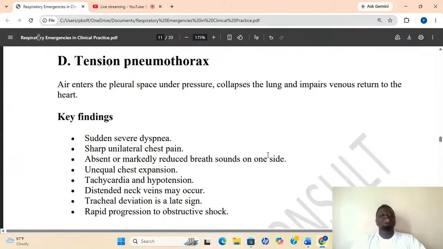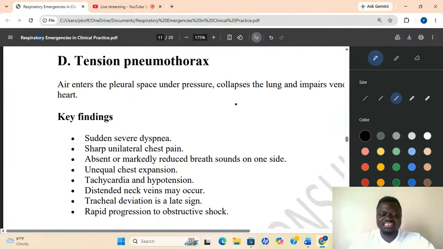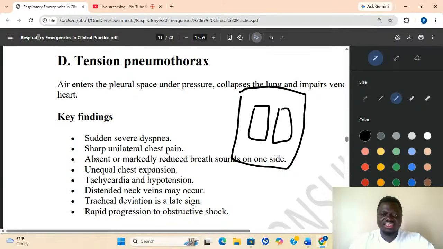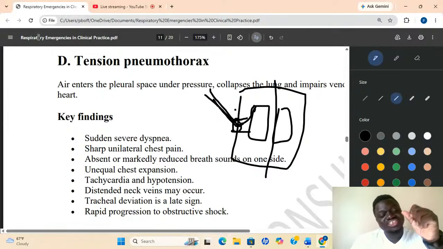Okay, good. So when positive air enters, if this is your chest, this is my lung. If positive air, let's say there is a stab here, and air forcefully pushes through this hole, the hole I talk about, it is forcing itself. The lung is just like a sponge. Okay, sponge. When Oyibo says sponge, it's not the sponge we use in Africa.